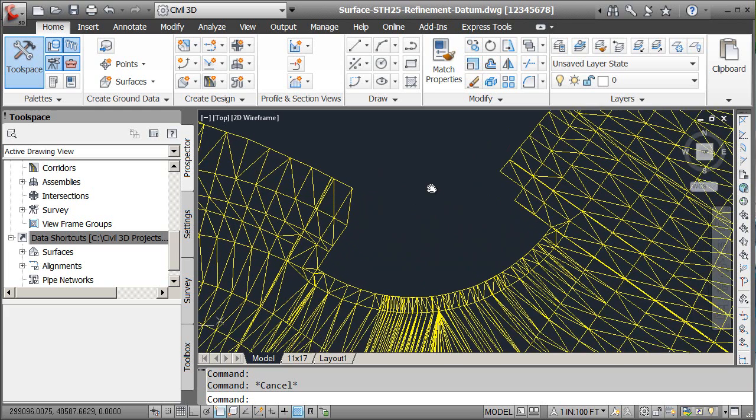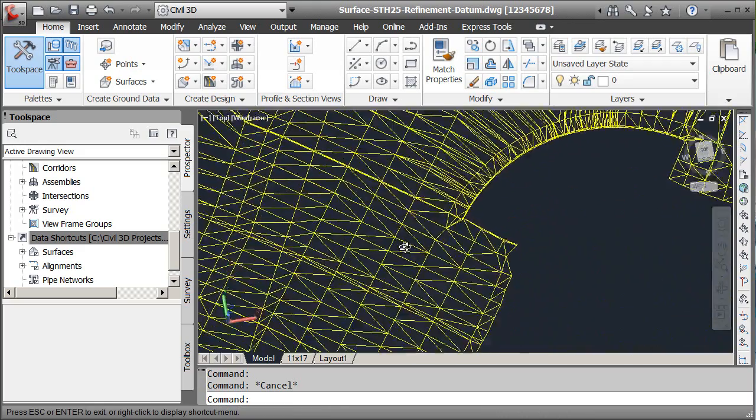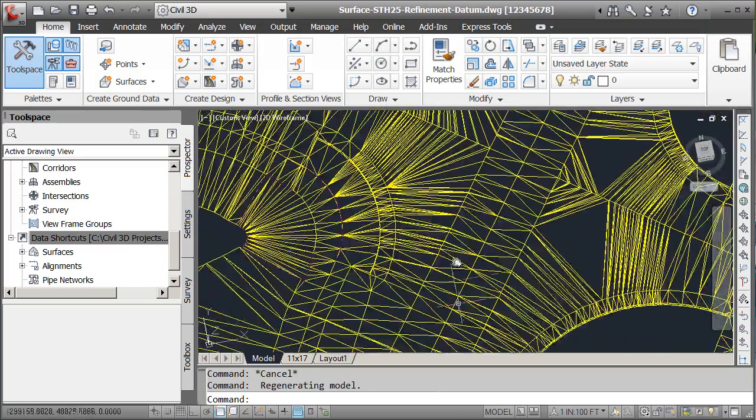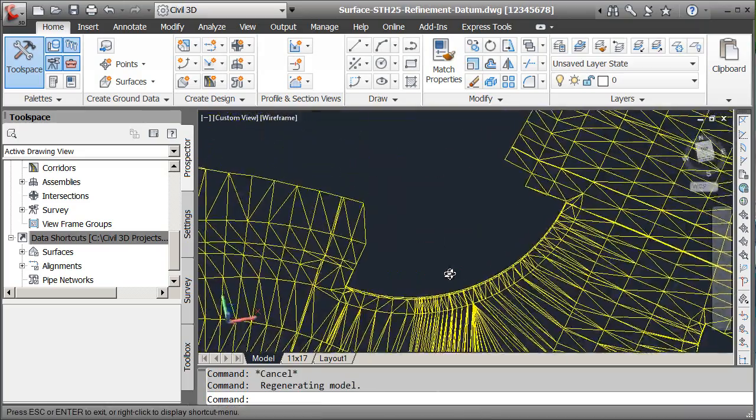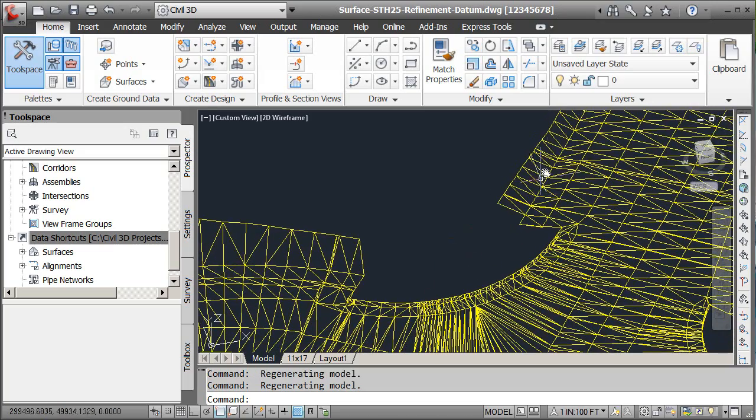Let's zoom in here. I'm interested in doing the grading here in the northwest quadrant. I'm going to orbit my screen. I'll do that by holding the shift key and the wheel on the mouse. And we'll tip this up. Let me pan it down a little bit. I'll tip it up a little bit more. Just want to move this up so we can see the ditch flow line here as it comes around the